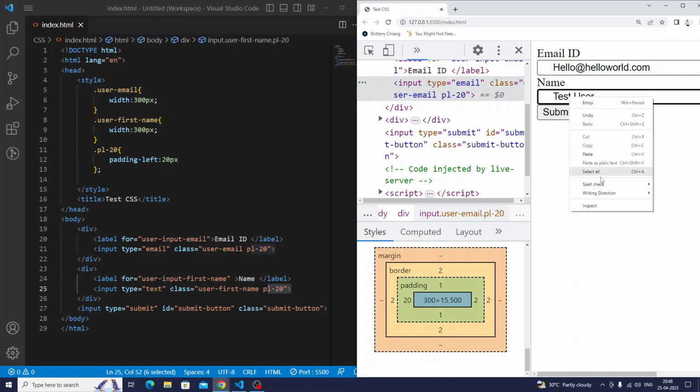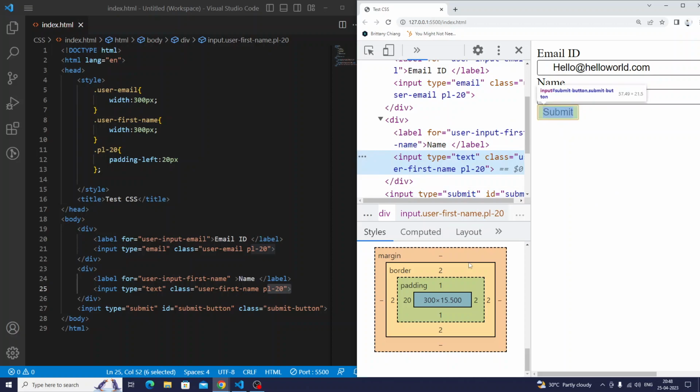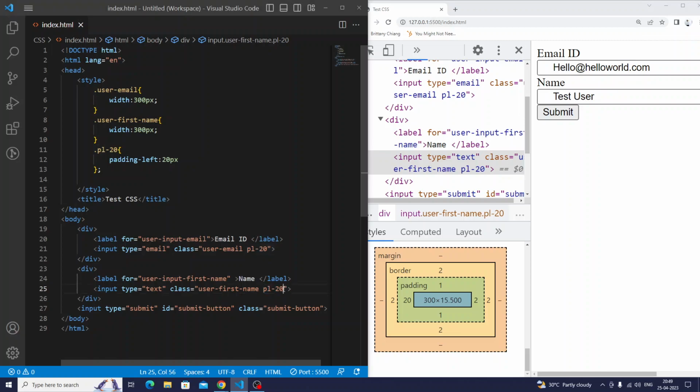Also we are adding padding left to the next element. Now why do we do this? To have consistency. When a user comes to your website and tries to access text fields, they should see a consistently same experience. It should not happen that the actual content starts from 20 pixels left in one and not in another. So if I remove this class from this input type text, which is for the name field,